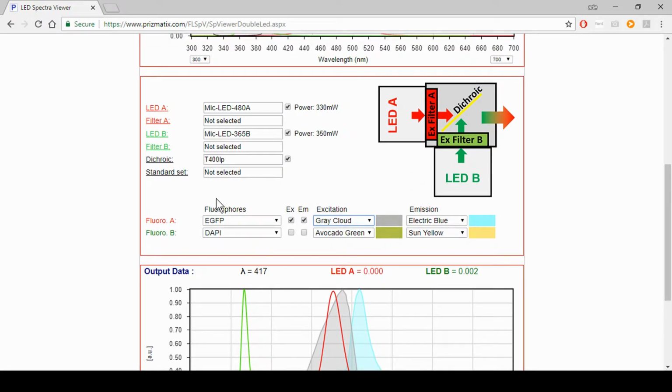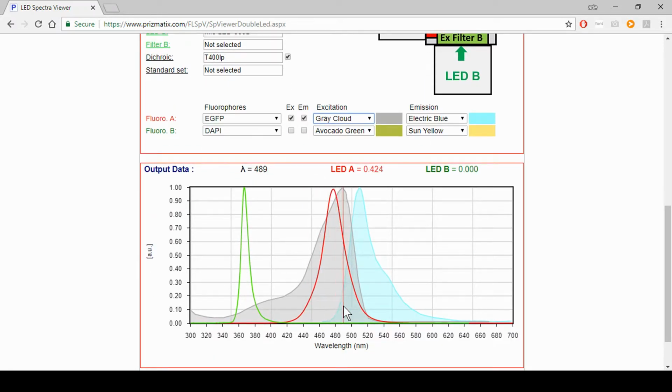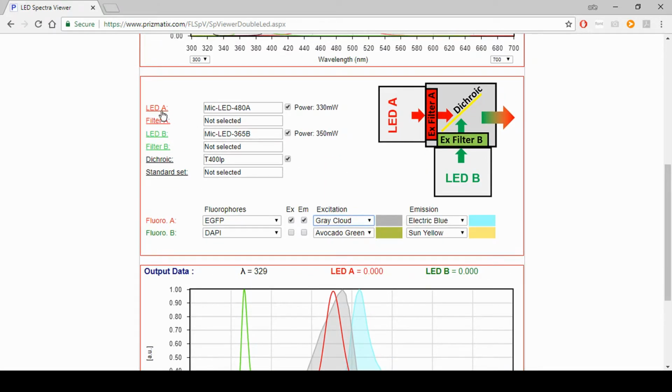We'll start by choosing our LED. How do we do that? We'll check out where there's a lot of power. Okay. That corresponds to the excitation bands. This whole area, as you can see, between 460 and 490 is a good choice for an LED because it covers a lot of ground here. So we go up here, we click on LED A,